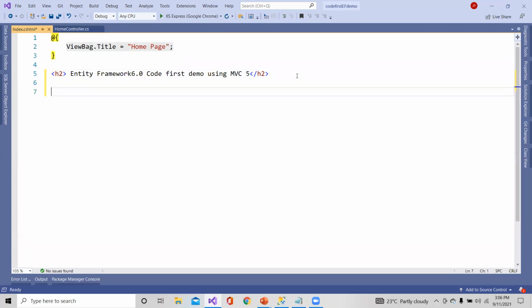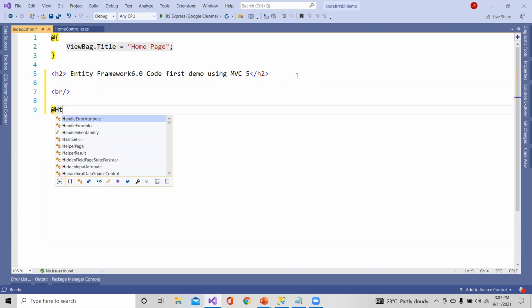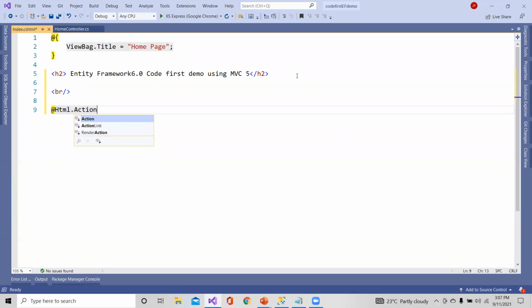Then let me break this and then add HTML dot action link, list of employees,